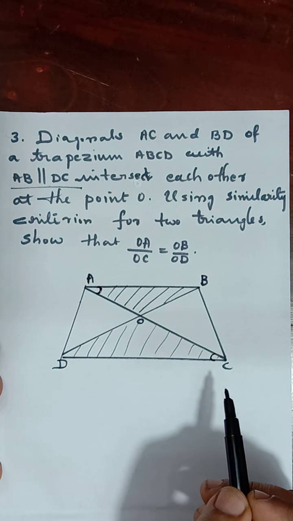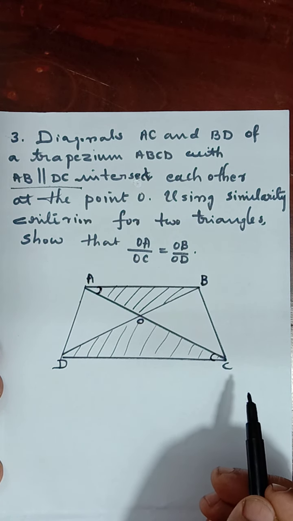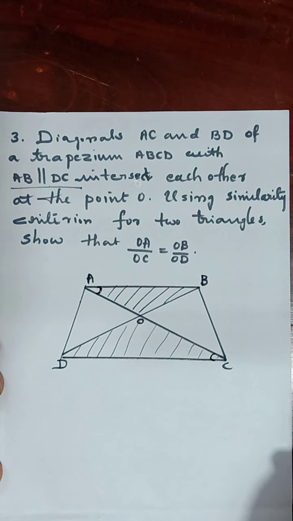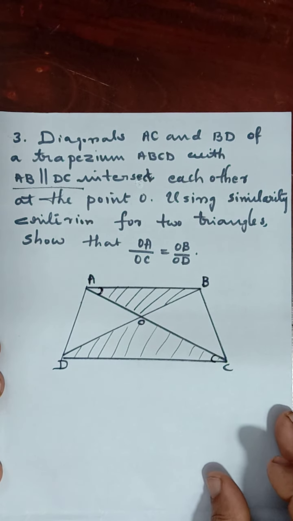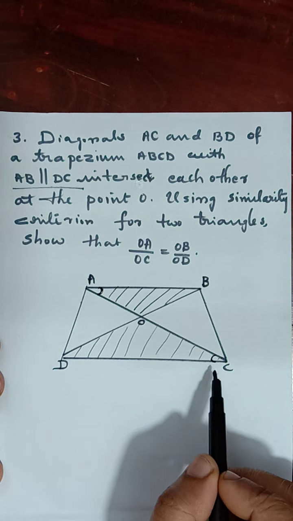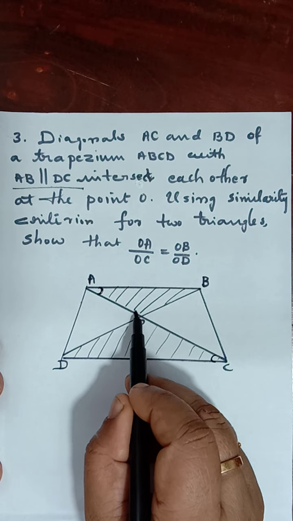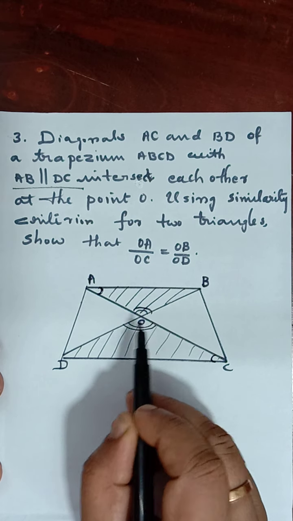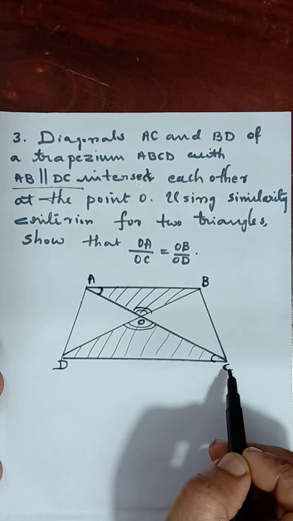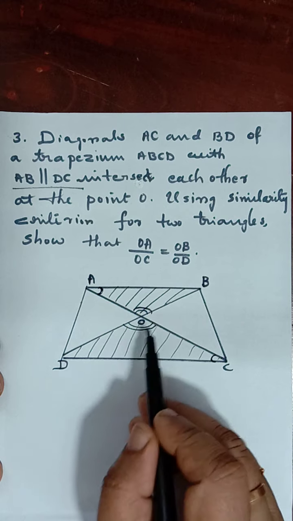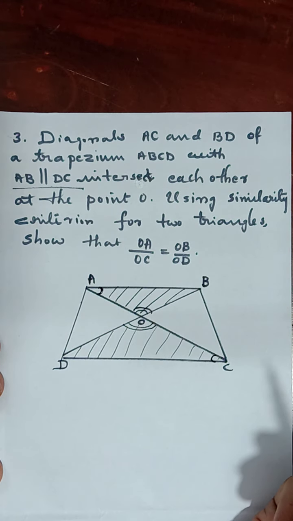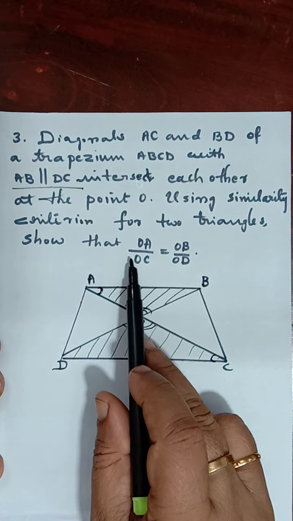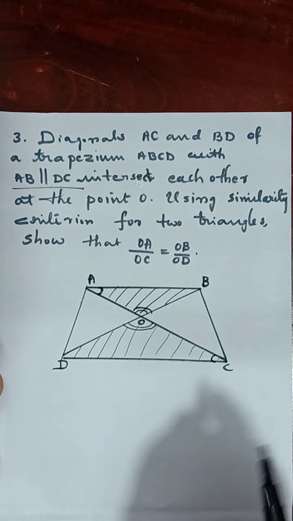So these two angles equal we can prove. Then what else equal? There are three similarity criteria. We have AA similarity. First let us check whether AA similarity is holding good here. So A equal to C we found out. Similarly, can't you take these angles equal? That is angle AOB equal to angle COD. They are vertically opposite angles. Now itself we proved these two triangles are similar. Then corresponding sides are proportional.